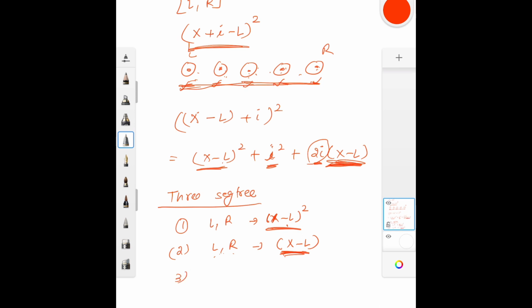Now the third one I want is L to R add 1 to each of them. Why does adding one to each of them make sense? Because I want to keep track of how many times this was part of some range L to R, some update query. So every time it will get an increment of 1. So if at the end it has a count of 3 in this third one, that means this was counted 3 times.